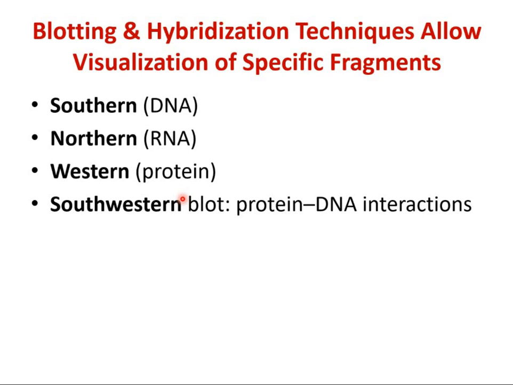In Northern blot and Western blot, in Northern you look at RNA, in Western you look at protein, and you can detect the presence of a particular protein and check its expression. For a particular RNA, for example a tumor suppressor gene or a proto-oncogene, you can look at how its expression has been altered in cancer. And at the protein level, you can have a look at it using Western blot.